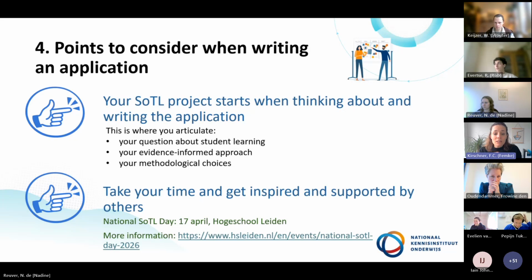And you have to do this in 2 pages, which seems like, you can have the feeling, oh, it's only 2 pages. But I would say, oh my God, it's only 2 pages. How do I do this? Well, because it's only 2 pages and because it's a summary, you really need to think very carefully about what really matters. And I think what really matters is your question about student learning, your evidence, showing your evidence-informed approach, and your methodological